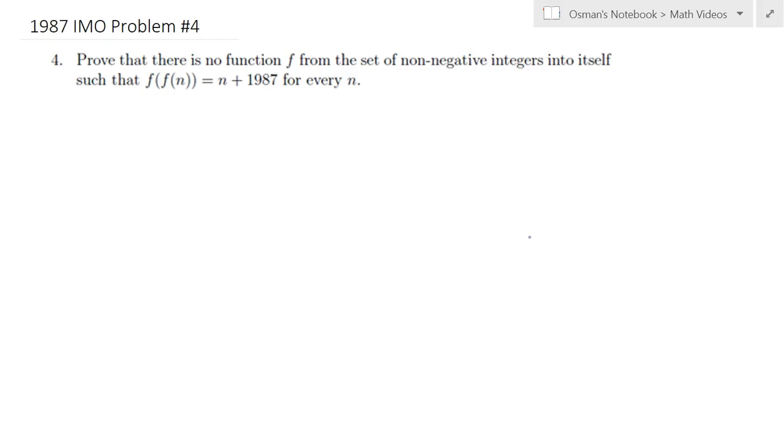Hello everyone, in this lecture we will be solving 1987 IMO problem number 4. Here's a view of this problem. We would like to show that there's no function f from the set of non-negative integers onto itself which satisfy